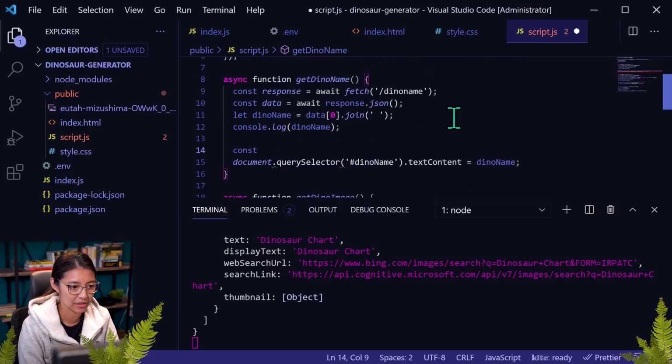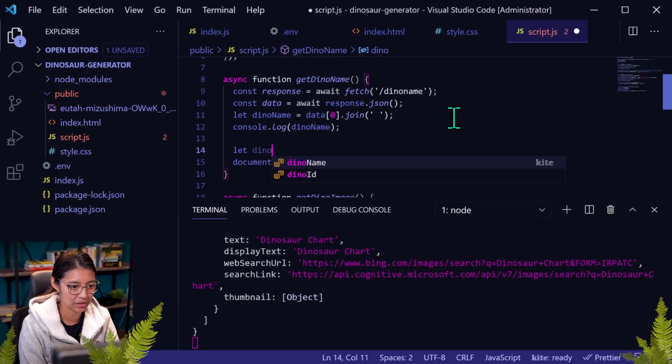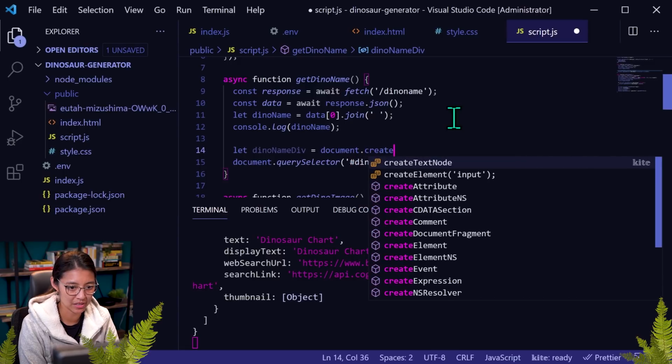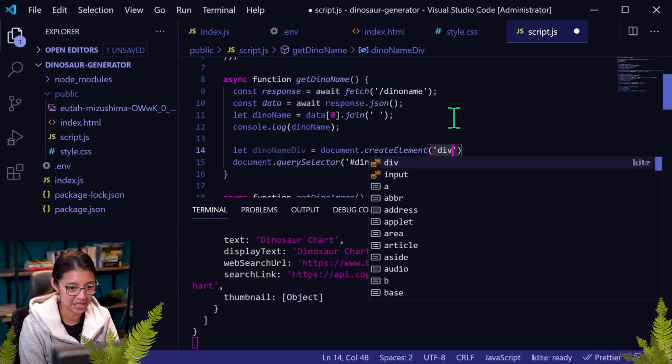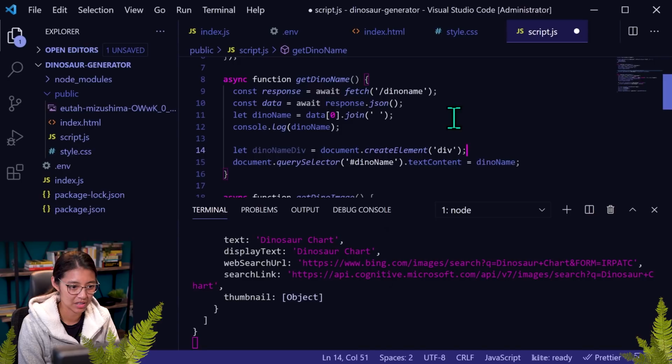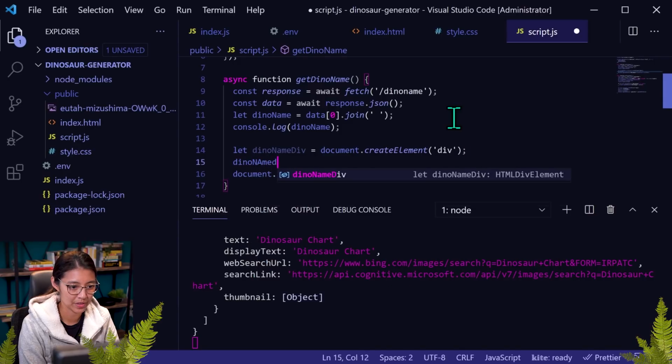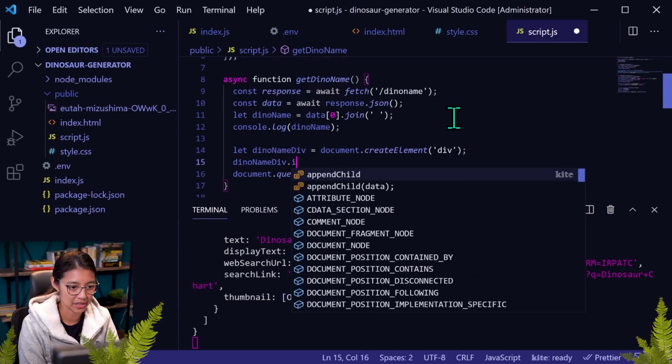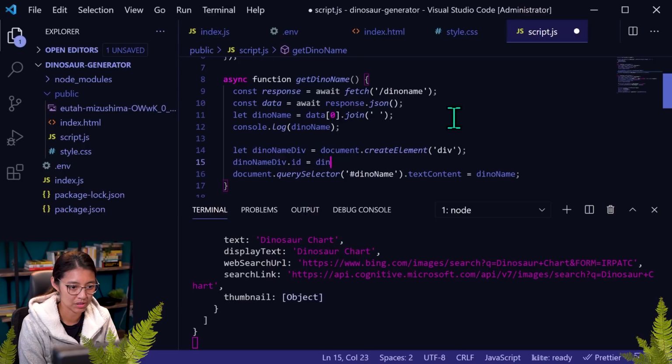It was a let. Let dyno name div equals document create element, and I guess div, and then dyno name div dot id equals dyno name,